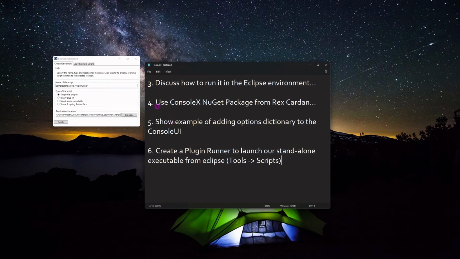Then in the second video we added the Console X NuGet package. That's from Rex Cardin, and it's available on NuGet. So we added that, and then we just went over how you could use it and some of the basics of it. And then in the third video, we